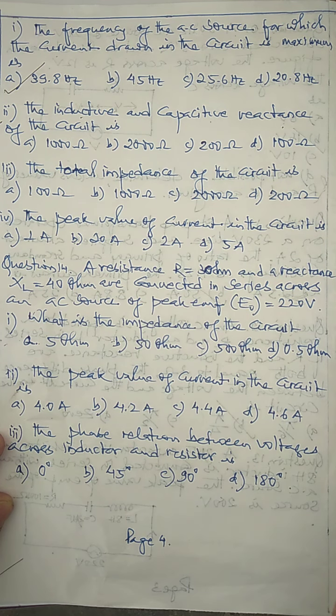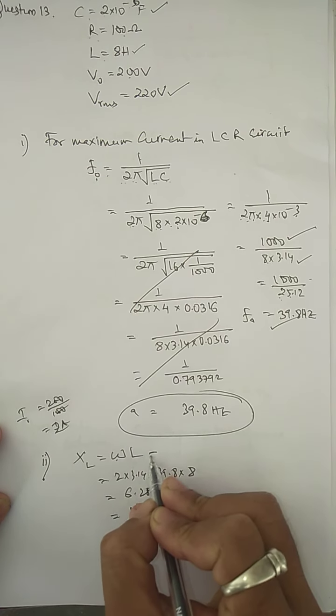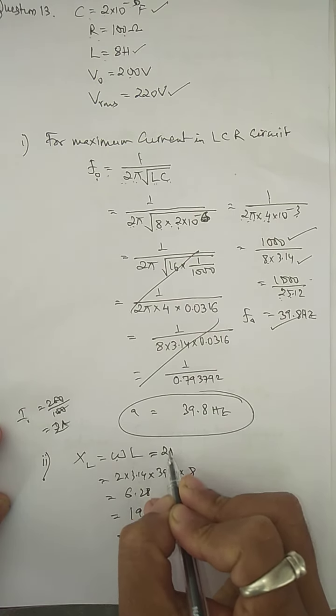Now, as you know, the formula of inductive reactance is XL equals omega L. Omega means 2 pi F. Children, omega means 2 pi F, and this is L. So let's substitute the values. 2 pi means 3.14, F means 39.8 that we calculated, and L means 8. If we multiply all these quantities, you get approximately